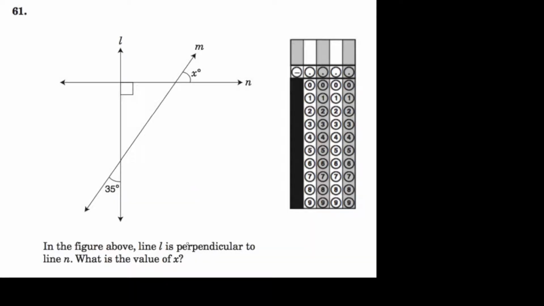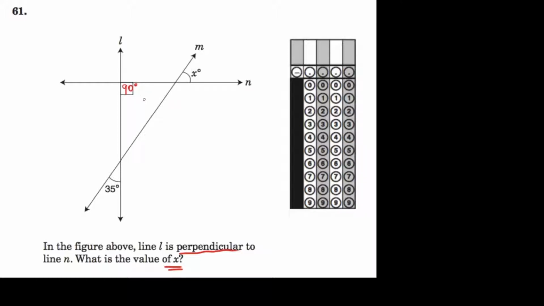In the figure above, line L is perpendicular to line N. What is the value of x? So they tell us these two lines are perpendicular to each other, meaning they form a right angle. They even gave us a right angle sign right here, but I'm going to make it super clear that that's